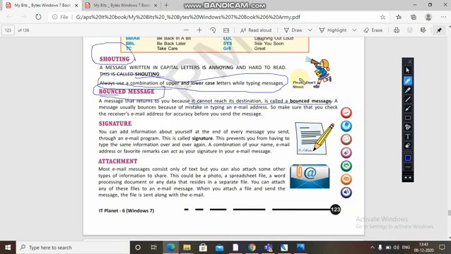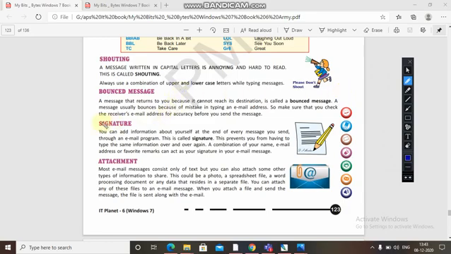A message usually bounces because of a mistake in typing the email address. If you have written a wrong email address, it will bounce back. So make sure that you check the receiver's email address for accuracy before you send the message. Okay, hope all these things are clear to you all.